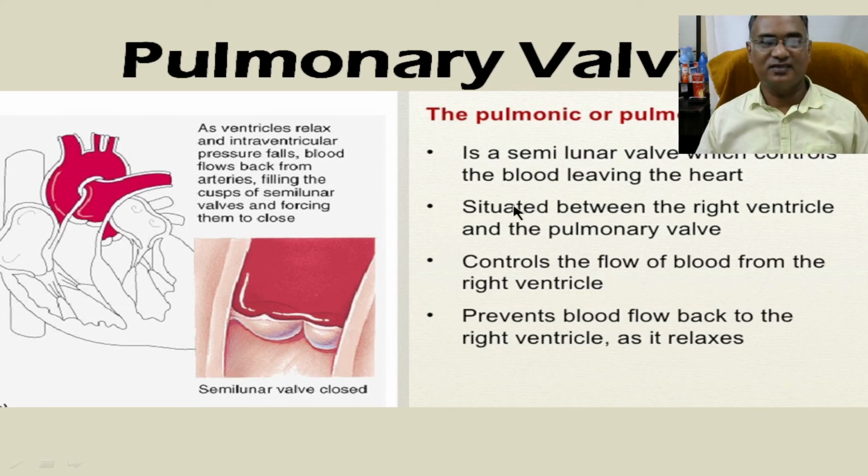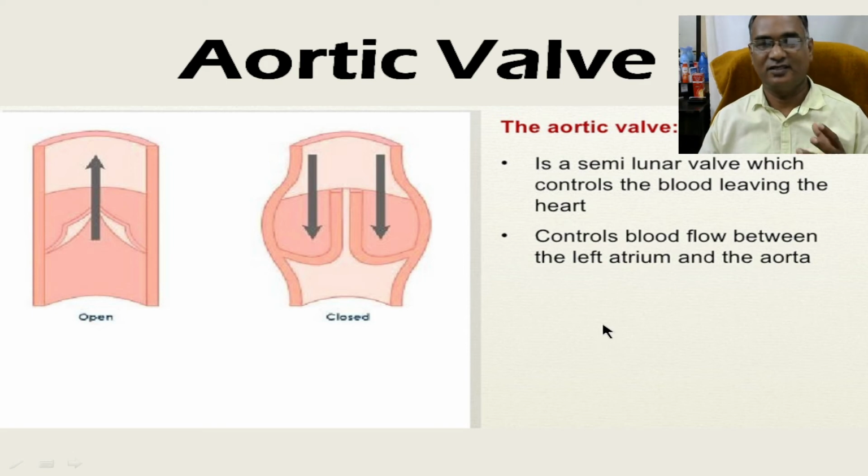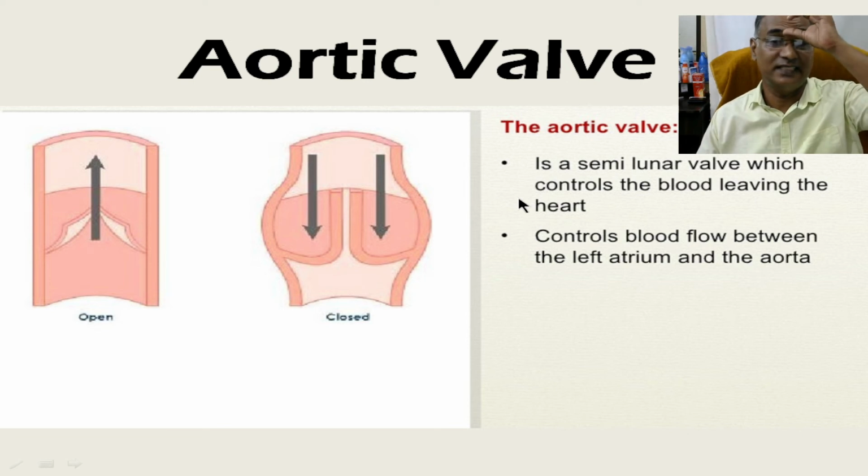And the pulmonary valve is very, very easy to understand. When the right ventricle has received the blood, it ejects the blood to be purified via the pulmonary valve. So the pulmonary valve is responsible for sending the deoxygenated blood to the lungs, where it gets purified. Purified means oxygenated, and it is sent back to the left atrium, which ejects the blood, and finally